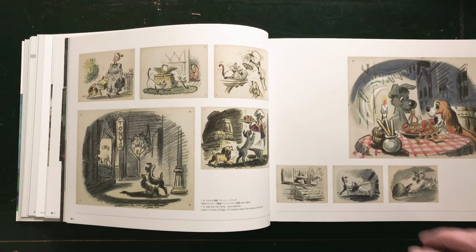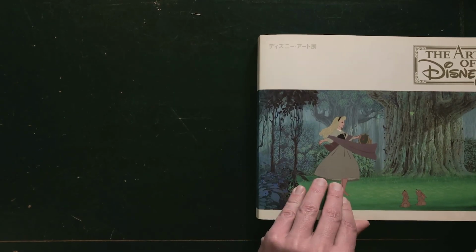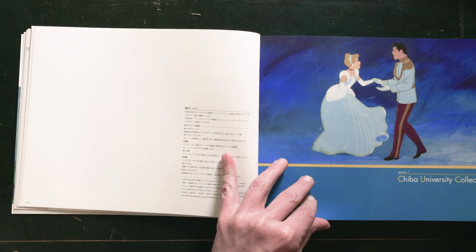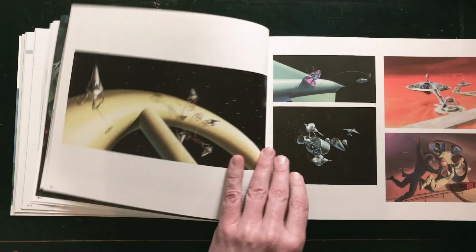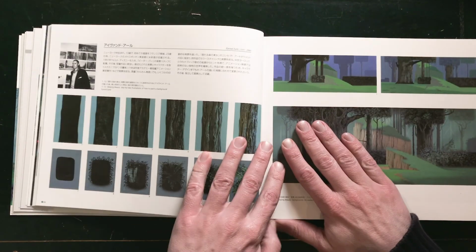I found this book, The Art of Disney, in my library, and I got it in, I think, 2008 from Disney artist Wilbert Plijnaar. He was working at the Disney Studios at that time. And it is a catalog of an exhibition that was held in Japan. And on pages 46 and 47, you can see a progress or a tutorial on how to paint the bark